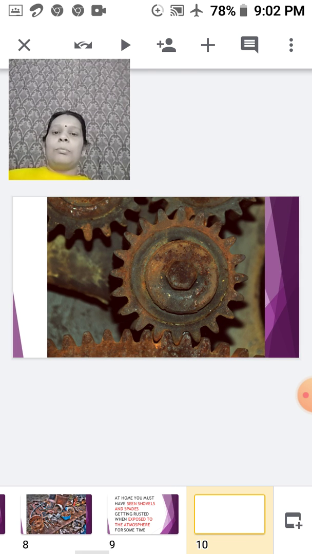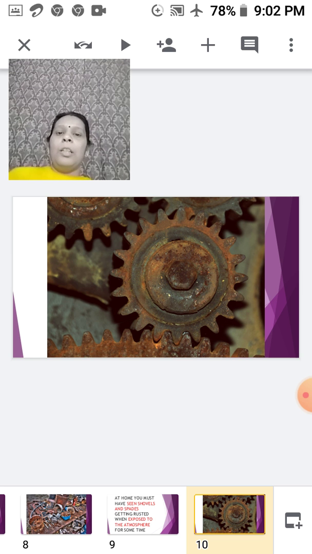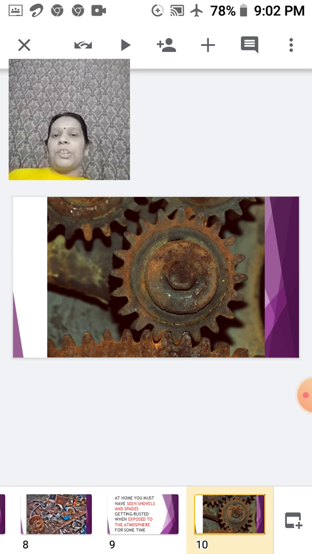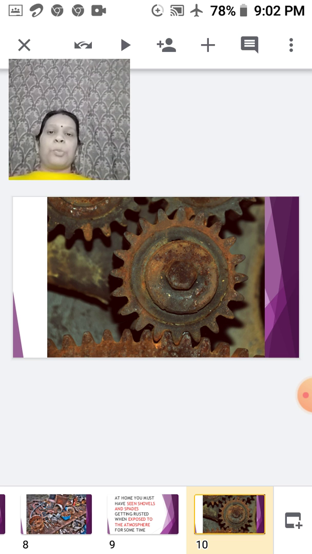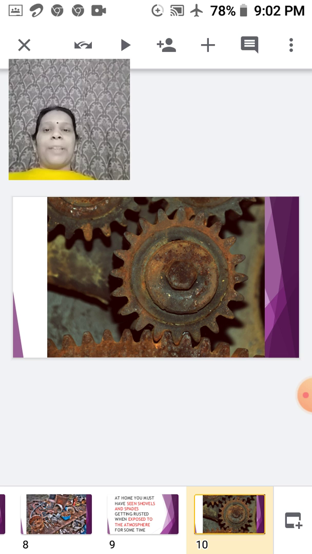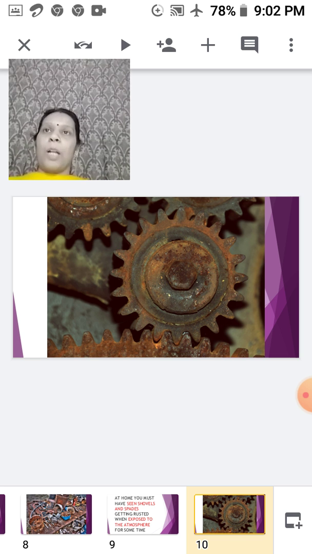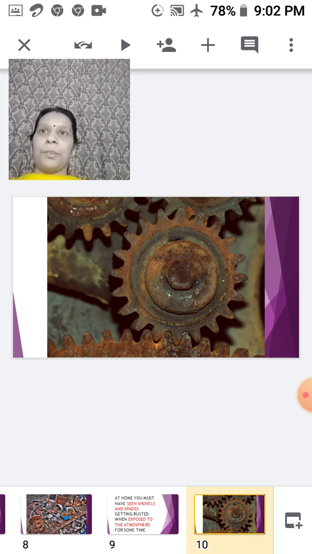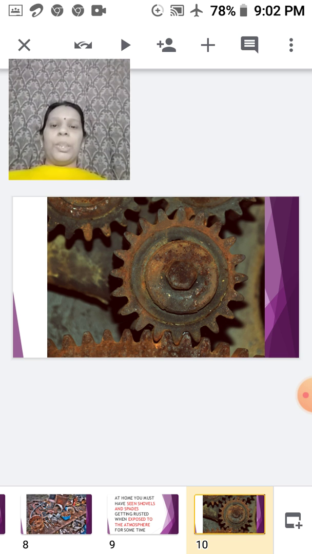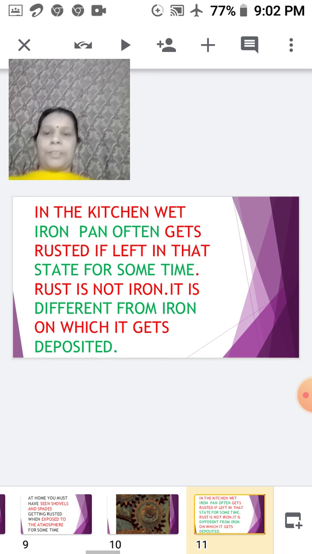This is your bicycle, which is a machine, but in the same way you might have seen, in your bicycles, if you don't properly oil it, what happens? You might have seen during the rainy season, it gets covered up with this brown substance, or you can say with this flaky reddish brown layer, and this is what is rust, and this process is said to be rusting. So I hope all of you are clear now with what rust is.